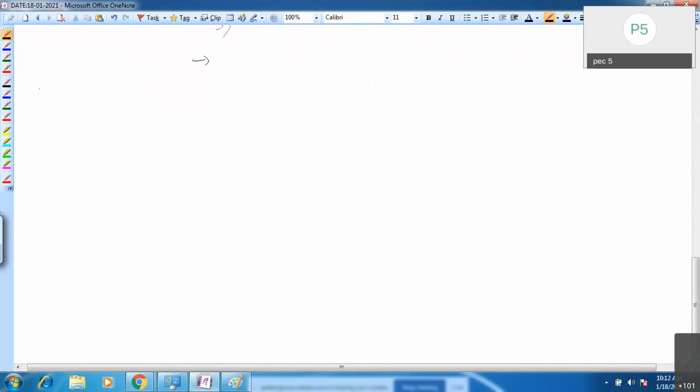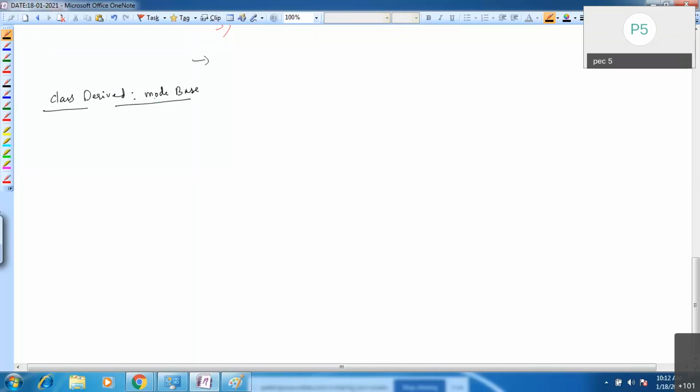See, the syntax is: class derived class, colon, mode, then base class. Here I'm mentioning mode, meaning the access specifier, the mode in which you are deriving the class. This is the syntax you need to follow to use the inheritance concept.